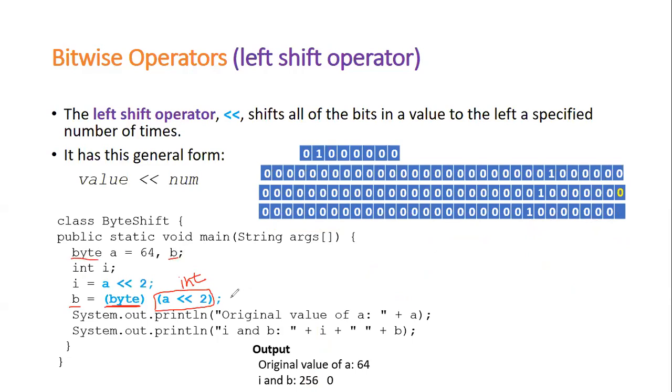We call this typecasting. Probably you must have studied typecasting in C programming. What is typecasting? You're changing from one type to another type. Actually, the result is int, and I'm trying to cast it to byte. In order to cast to byte, I'm writing byte. And therefore, since I've casted, I'm going to store it in a variable called a, and the type of variable